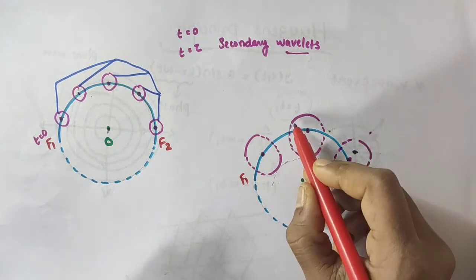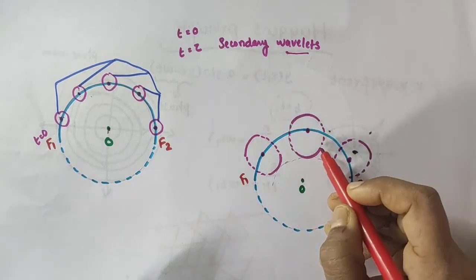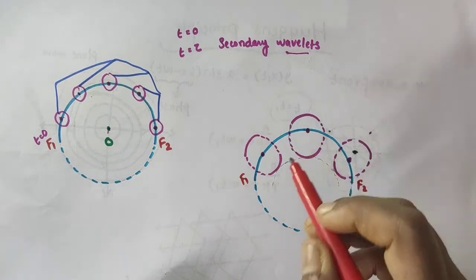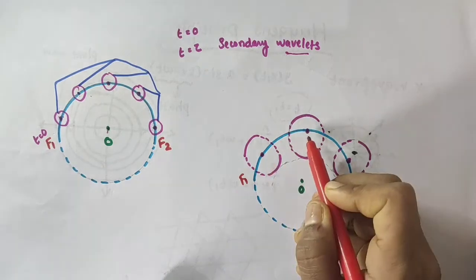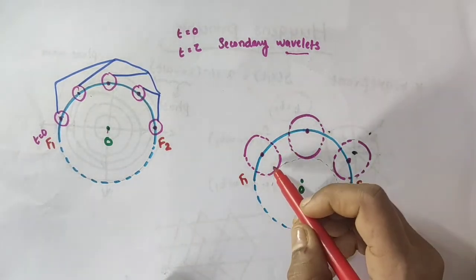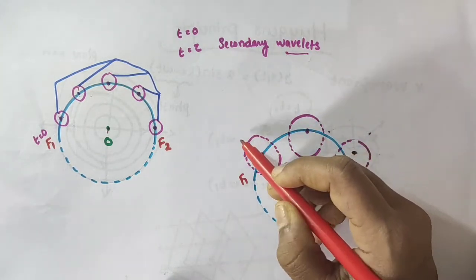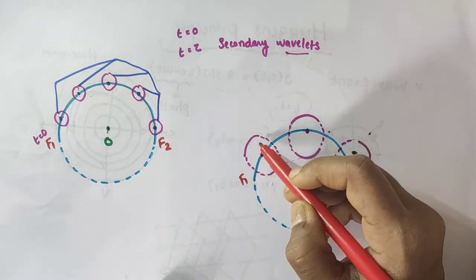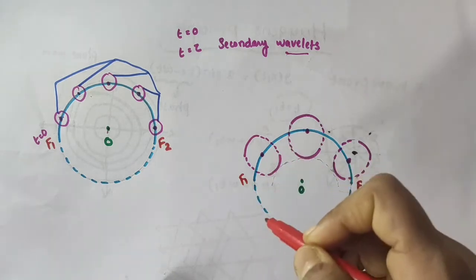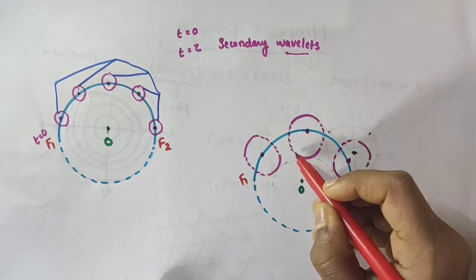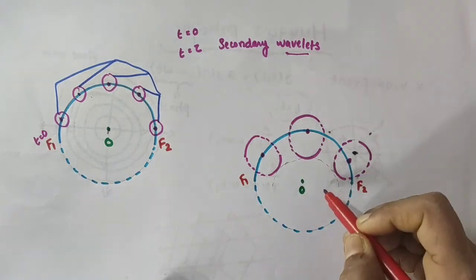The rest part I have drawn with dotted lines because we are not considering that now. Here I have drawn a solid line to represent that secondary wavelet, and here also we have a solid line, and the rest I have drawn with the dotted line. We are not considering that, that's why. So you see the secondary wavelets, all these are the secondary wavelets. They spread out in the forward direction. You can see the solid line represents the portion of the wavelets moving in the forward direction, and they are also spreading out in the backward direction. You can see that these portions represent the portions of the wavelets in the backward direction.